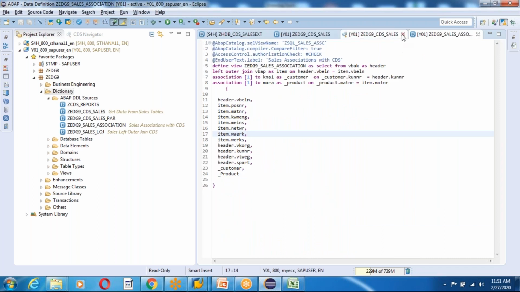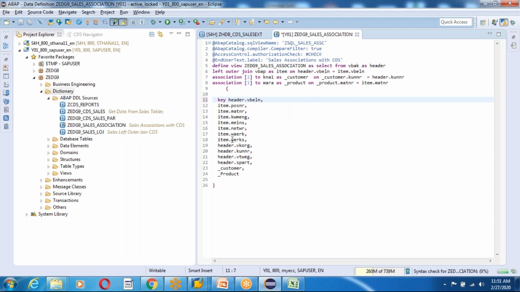So the must thing is, whenever you define an association, you must have key fields, guys. You have to define the field as a key field. Okay, so define the key field. Here the key field is, one is header VBELN,